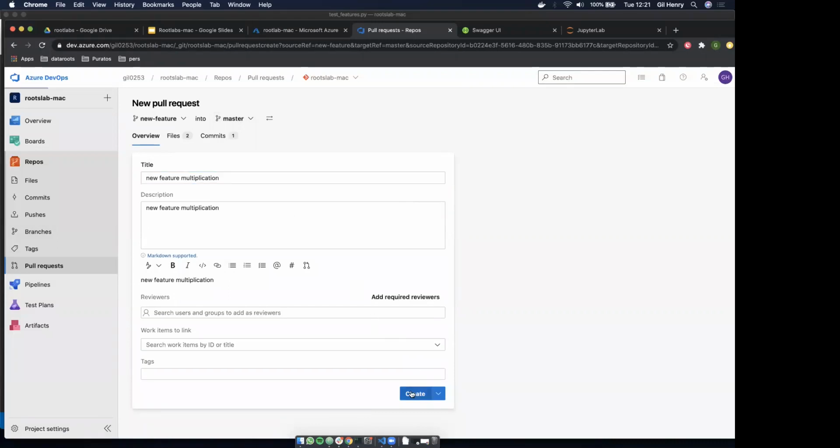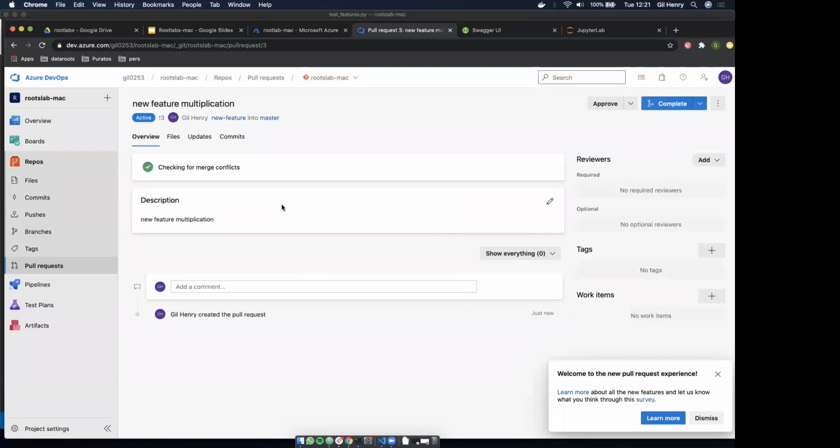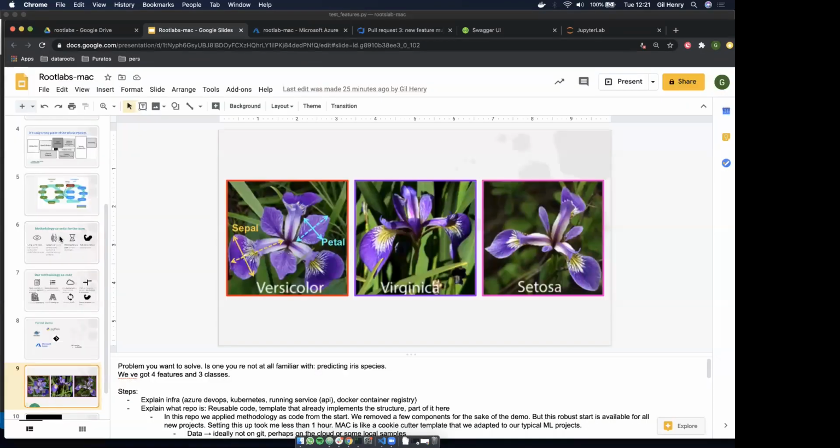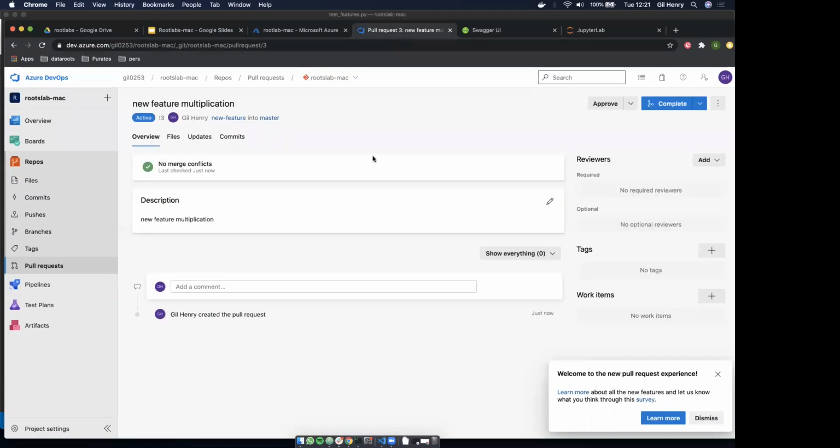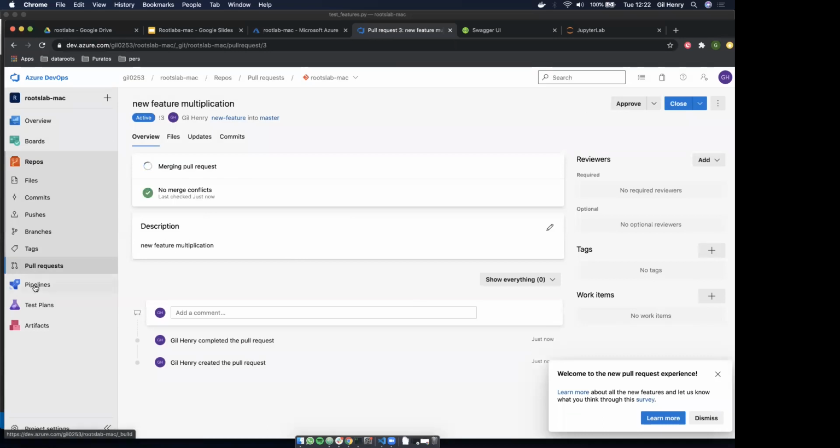I won't say anything to my team. As you can see, I'm the only one in my team. So I'll complete this workflow. You remember when I showed the process that we wanted to follow, to ease your pain, that we want to be able to publish this easily and to integrate those changes. Here, if I complete this, there are no real safeguards, I could have done something really stupid, but I'll just complete the merge, and this will trigger a new pipeline